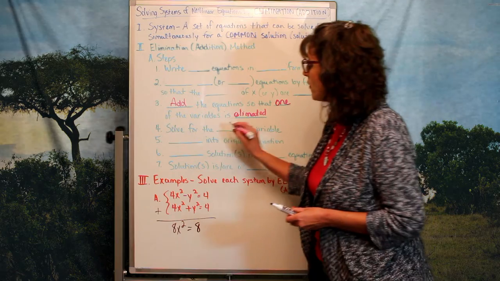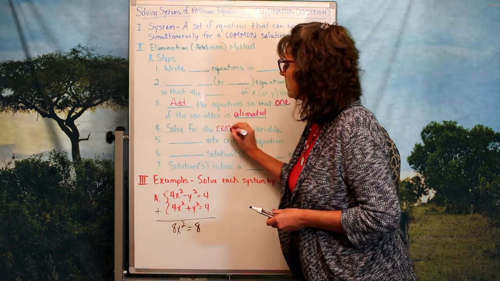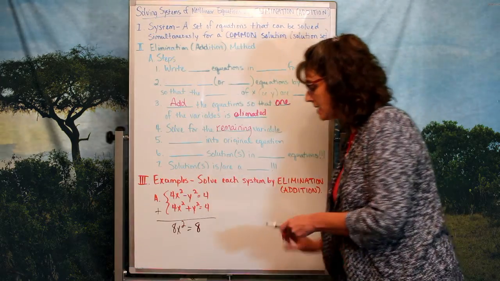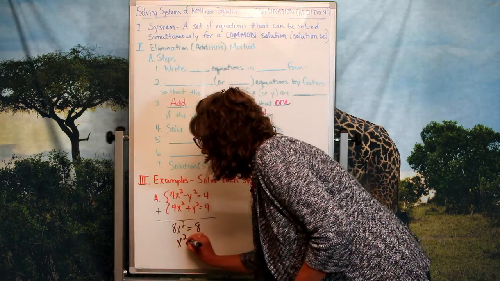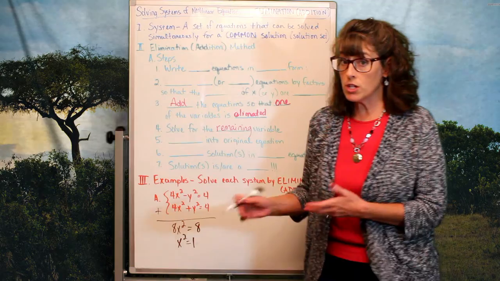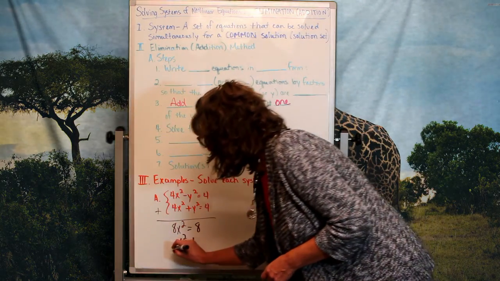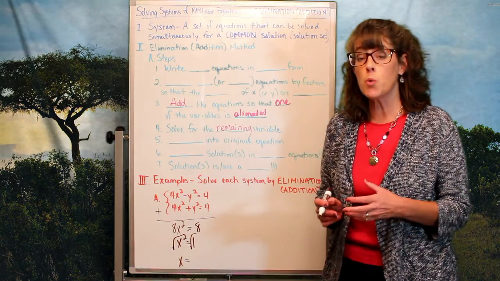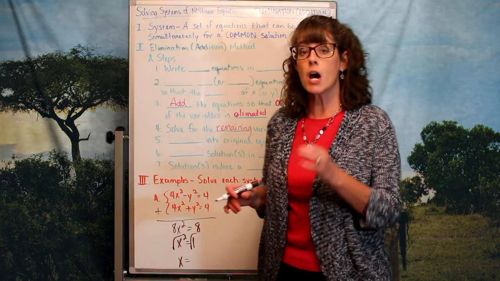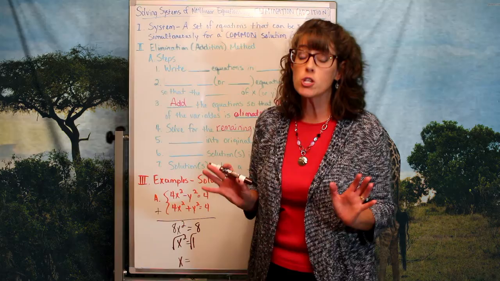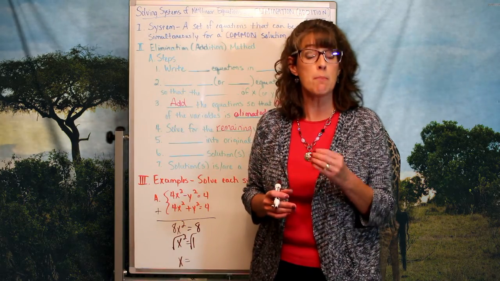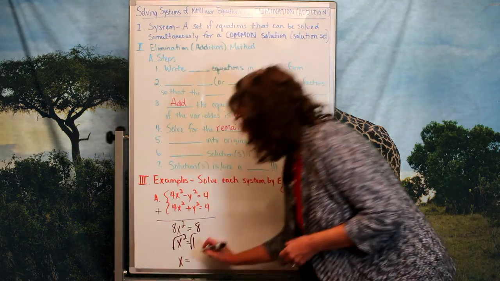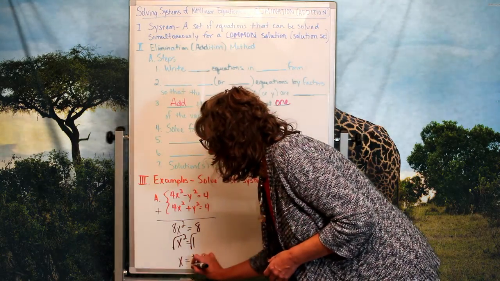So I'm going to solve for that remaining variable because I know that in order to solve this, all I have to do is divide by 8. When I divide by 8, I will have x squared equals 1. I know that at this point, all I have to do is take the square root of both sides, and that will give me x equals, and then the square root of 1 is 1. But remember, the square root was not already on the page. If it was already on the page, that would be principal square root, and that would indicate positive square root. But this square root was not already on the page, so that indicates the positive 1 as well as the